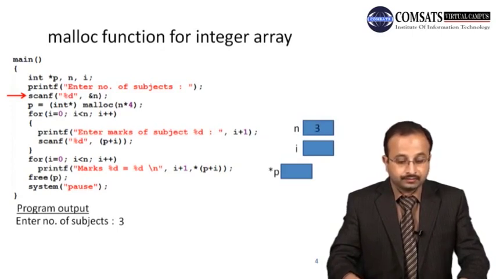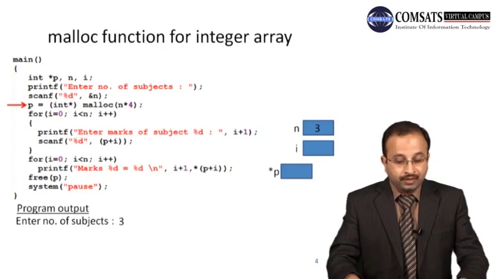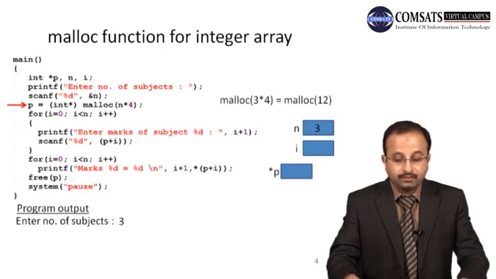And then the next statement is the memory allocation, dynamic memory allocation. Now how much memory will be allocated? So malloc function में हमारे पास आ रहा है n into 4, that is 3 multiplied by 4, that is 12. So malloc function will allocate 12 byte of memory and it will return the address of that memory location,